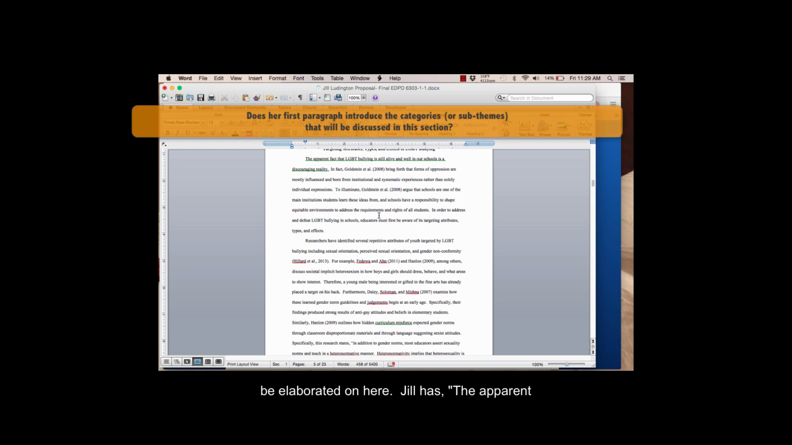Jill has, the apparent fact that LGBT bullying is still alive and well in our schools is a discouraging reality. In fact, Goldstein et al. bring forth that forms of oppression are mostly influenced and born from institutional and systematic experiences rather than solely individual expressions. To illuminate, Goldstein et al. argue that schools are one of the main institutions students learn these ideas from, and schools have a responsibility to shape equitable environments to address the requirements and rights of all students. In order to address and defeat LGBT bullying in schools, educators must first be aware of its targeting, attributes, types,